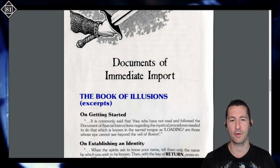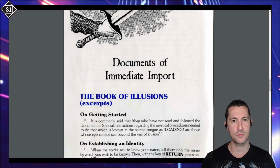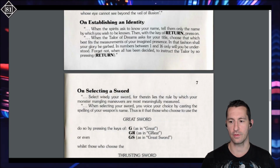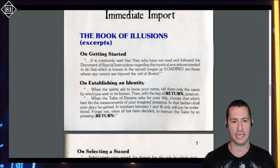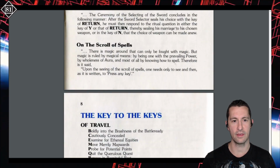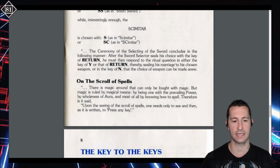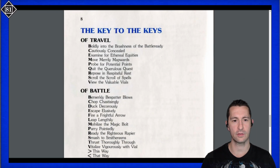We've been playing games that are based on Dungeons & Dragons and using a lot of the formulas, but nothing's been an official D&D game. It's all using the tropes of it. So this is another manual about... Okay, so it's actually kind of the beginning. How do you get started in the game, establishing your identity, picking the sword, which we saw when we did the Apple II, and then does it explain what it does? Oh, it's just showing you how to select those. And then it says the spells, and then for travel, it says...